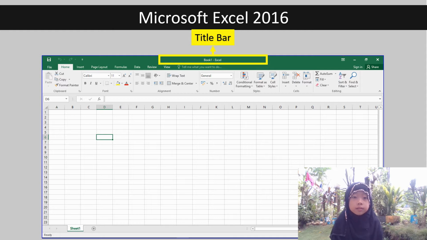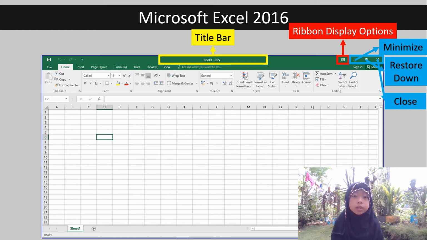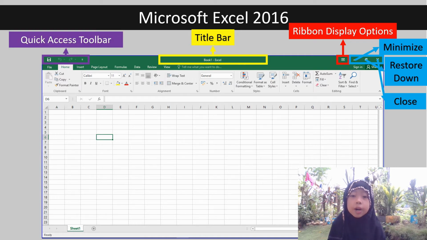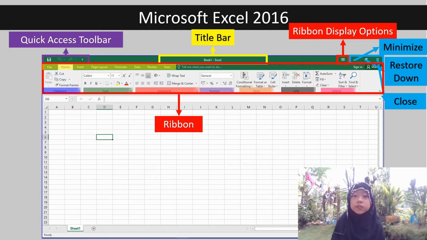And this button is ribbon display options, used to change the display of the ribbon. And these are minimize, restore down, and close buttons. And this is the quick access toolbar. It contains commands, and this is what we call the ribbon. It is composed of a set of tabs. Each tab contains groups,